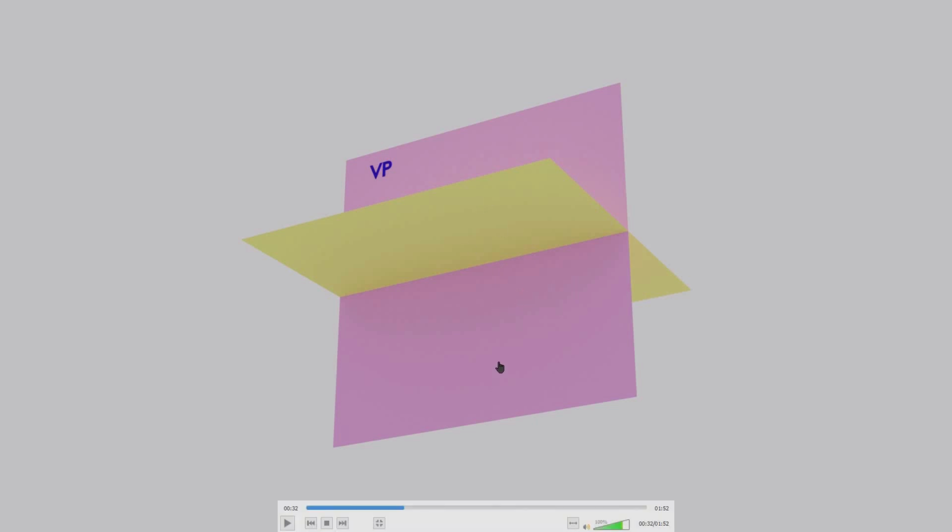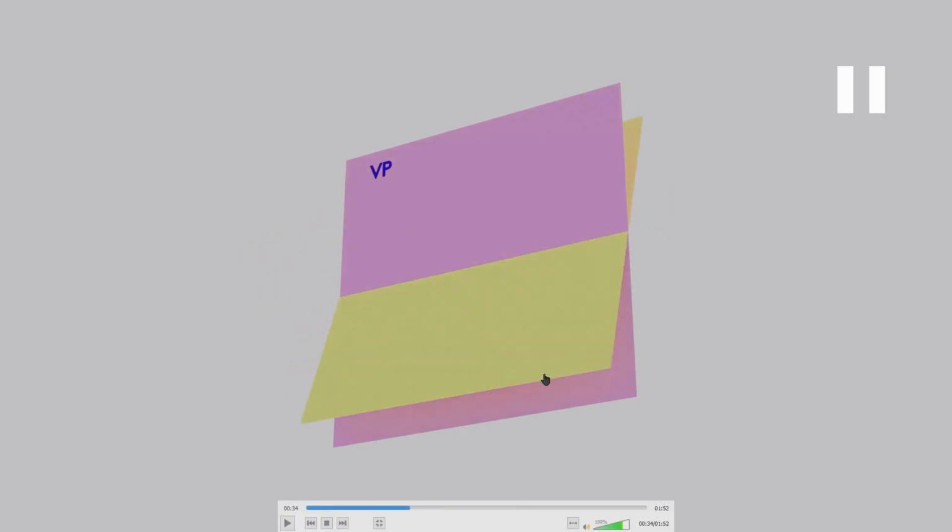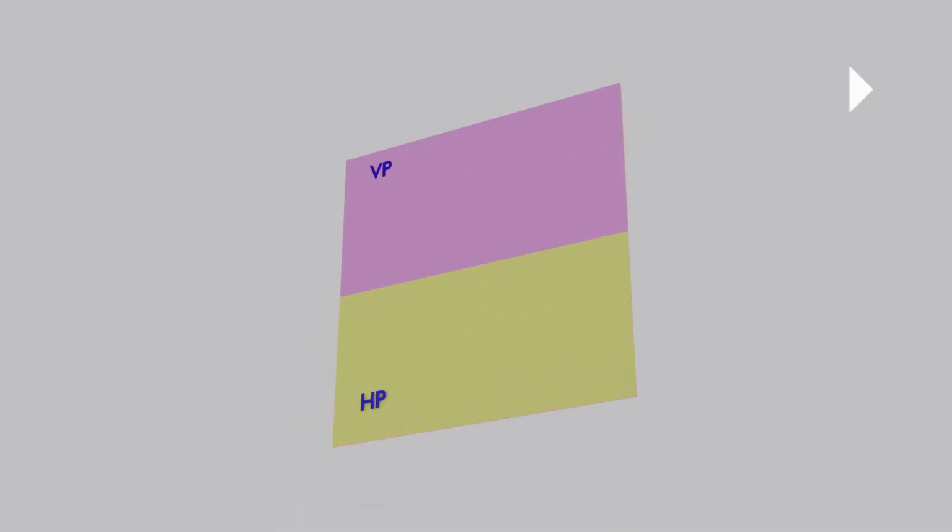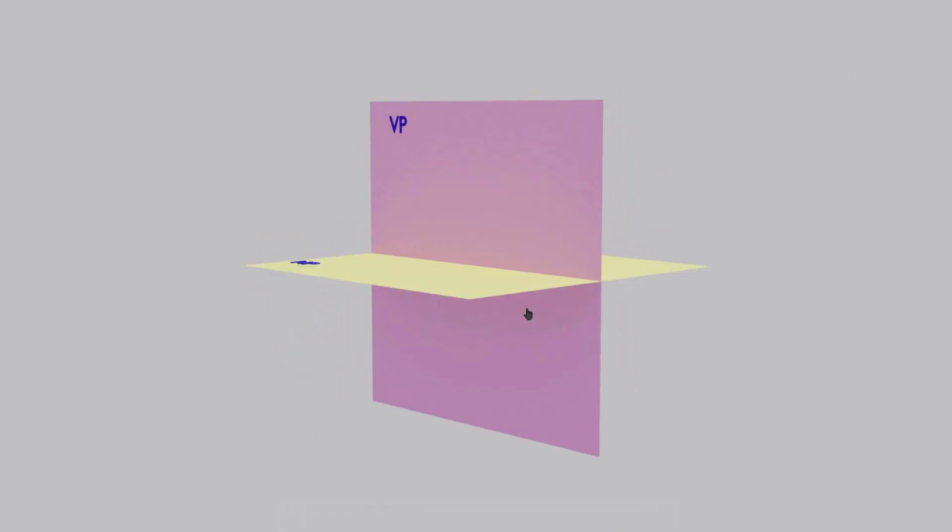So now I'm just going to open the first quadrant once again. See that? When I open the first quadrant, that horizontal plane is overlapping with the vertical plane, just as in the second quadrant. But in the second quadrant, both these were above the xy line, and in this case both these are below the xy line. See that? Right, now you can see that it is below the xy line. So both the front view and the top view will be below the xy line. Right, so I bring this back to the actual position.